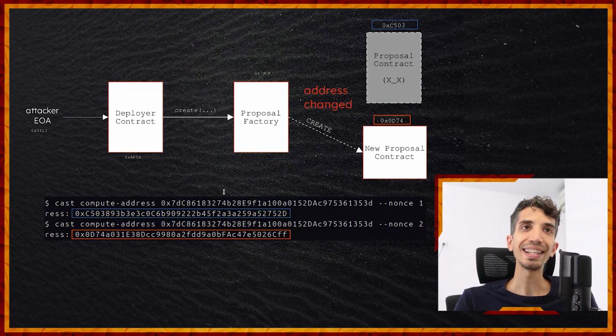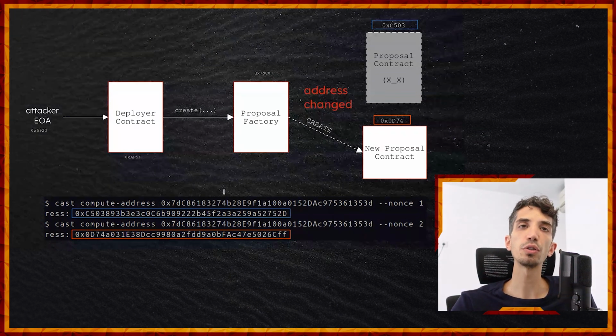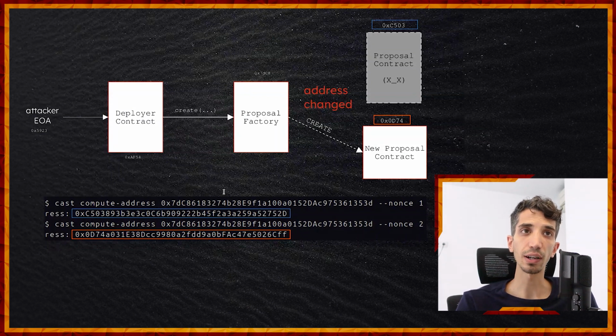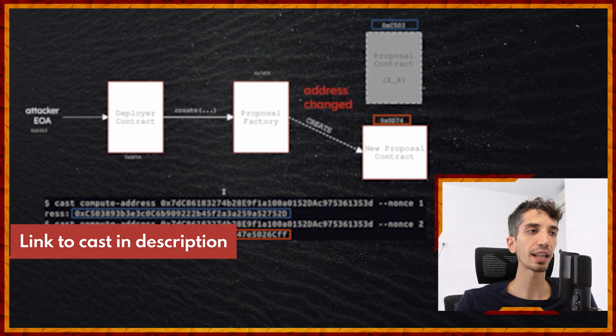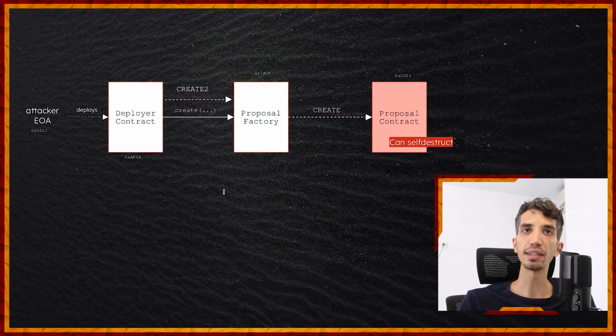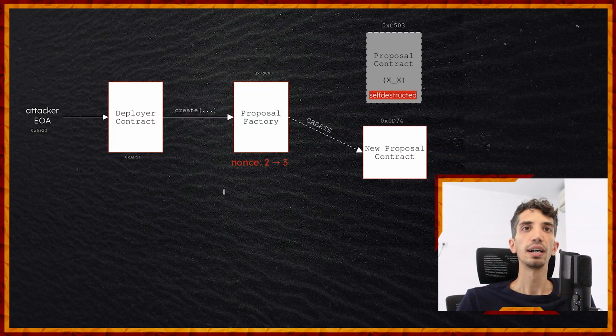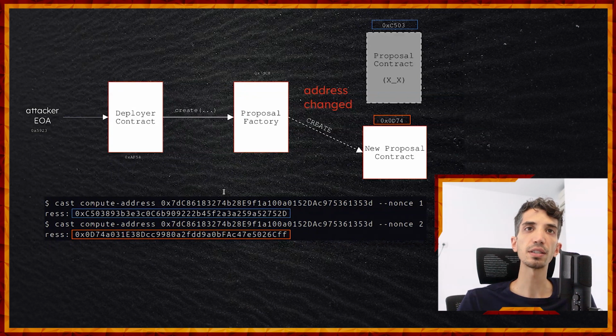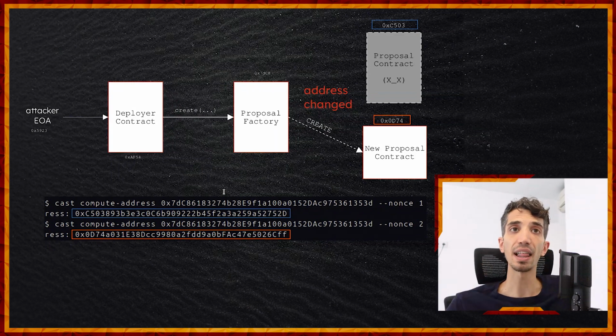And that's because the create opcode is being used, and the address that the create opcode uses to deploy a contract depends on the nonce of the account that is being used for deployment and the sender. Okay, so you can use cast, that command line utility that comes in Foundry, to compute the address, passing the address of the proposal factory, passing the nonce as well, and noting that if you use nonce 1, you will get the first proposal contract address, which is this one, C503, and if you pass nonce 2, you will get 0D74, meaning that the new proposal contract has a new address